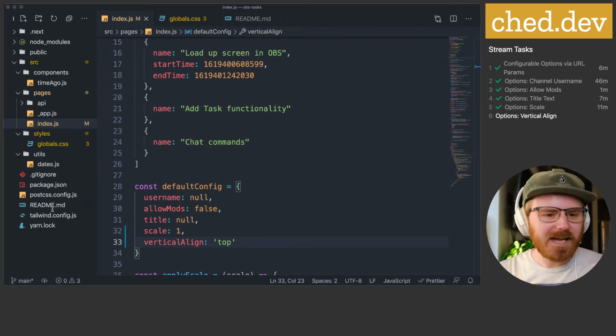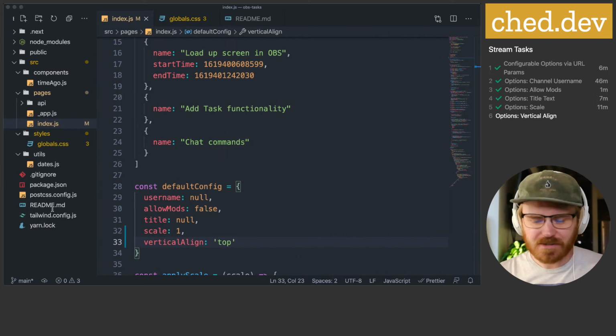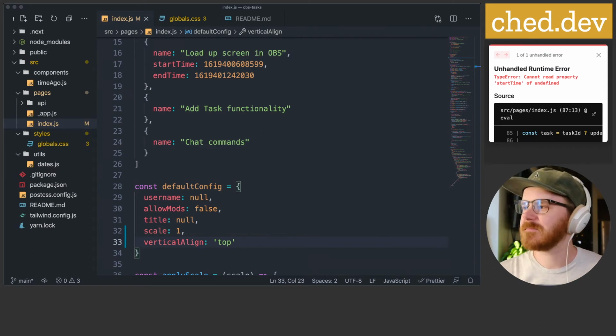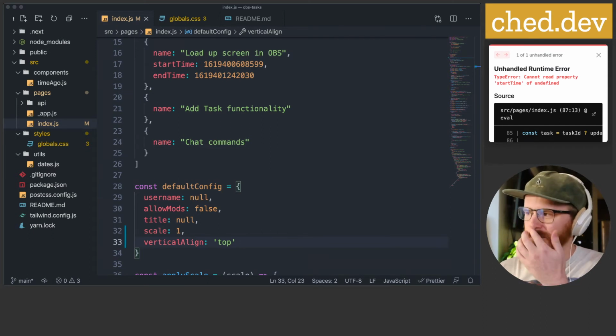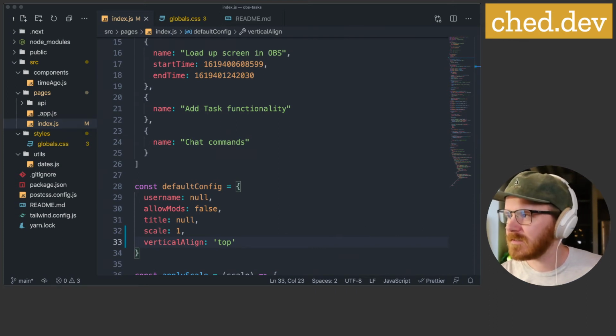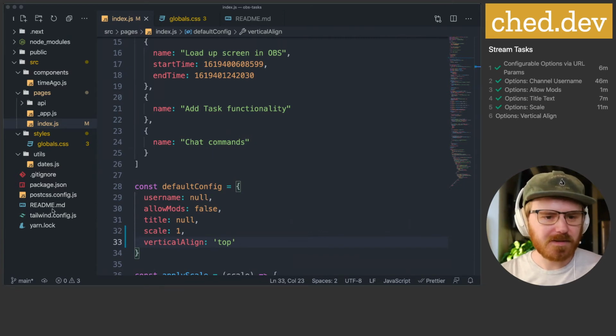So if I do task add options vertical align, it adds it to the list, and then I can do task start, and then it will start it for me automatically. Uh-oh. That one errored out. It started, something happened, but